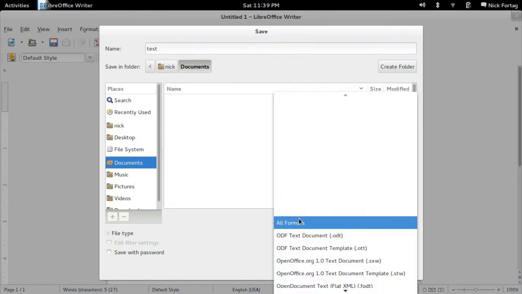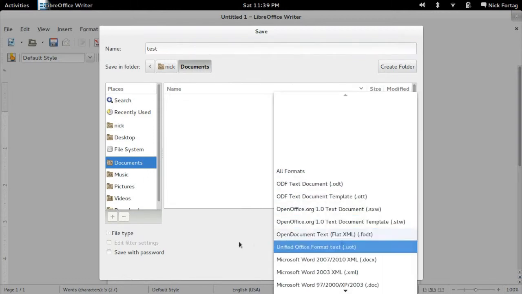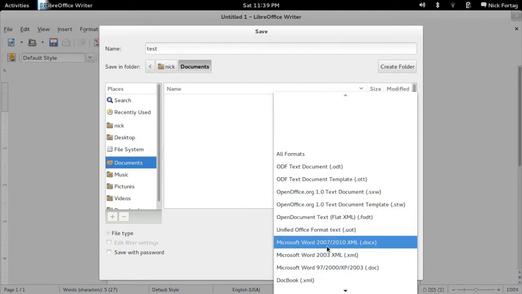You can just go down here and go down to the Microsoft Word 2007, 2010 XML, and it saves it with the extension docx, like normal Office 2007, 2010, 2013 saves as,